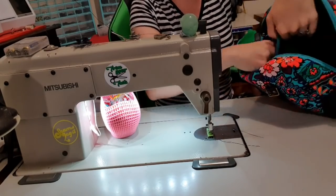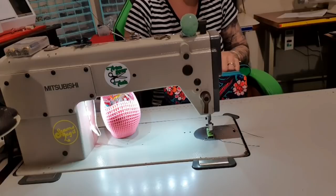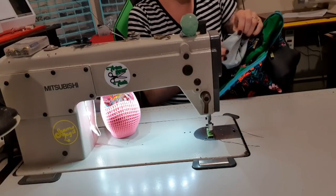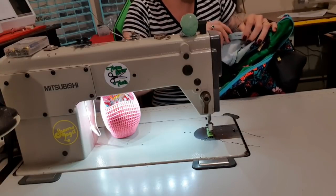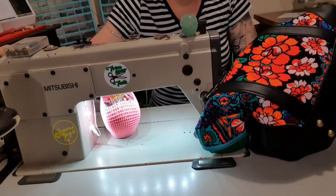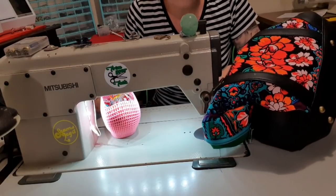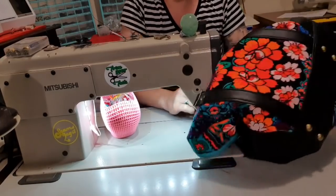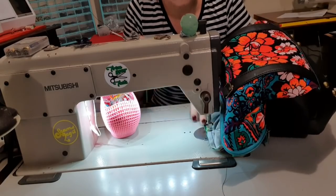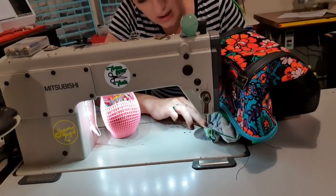So now I'm going to stick my hand into the pocket and pull through that bottom so that I can stitch it shut. It's going to fight you a little bit depending on how big of a hole you left. The bigger the hole, the potentially more tricky it is to stitch shut. If you want to, you can pin it. I'm not going to. I'm just going to hold it together as I go. And then stop with the needle down and pull a bit more and readjust. Like so. So yeah, the bigger the hole, the easier...